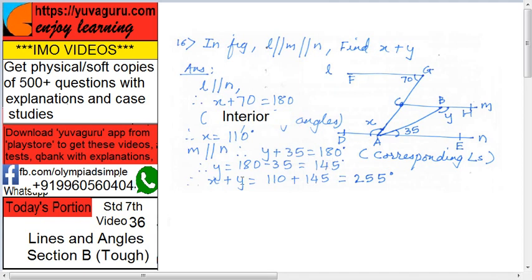So you got x, you got y. So x plus y equals 110 plus 145. That is 255 degrees. Got it? This problem was based on interior